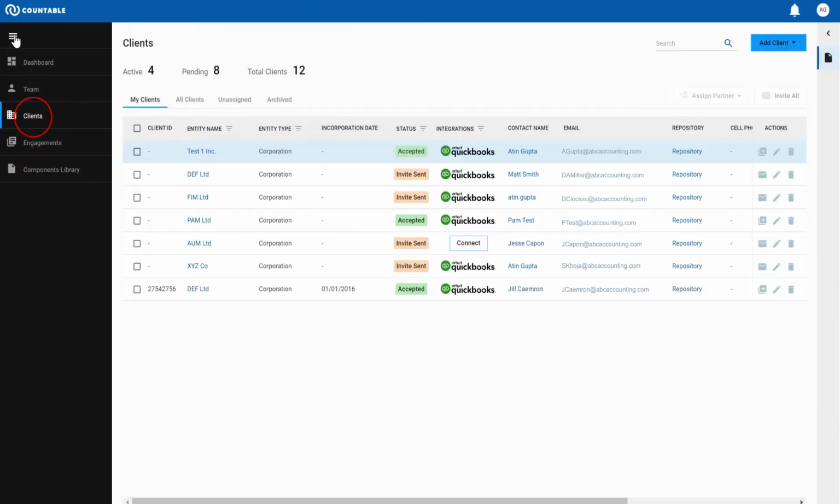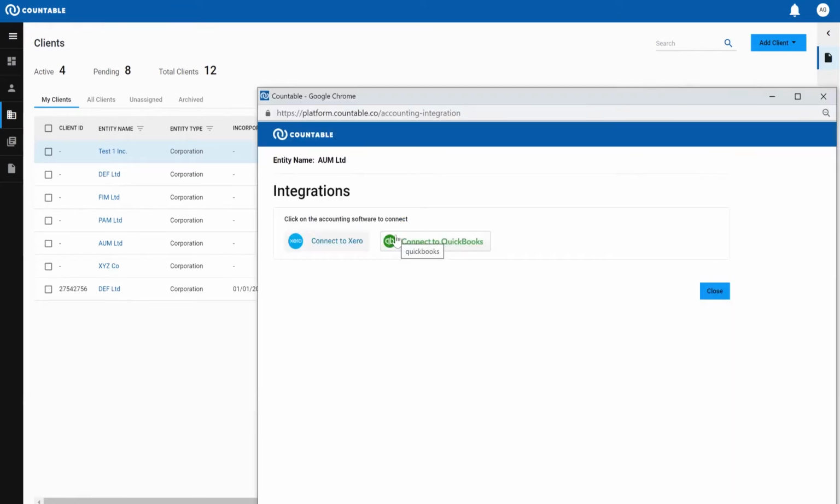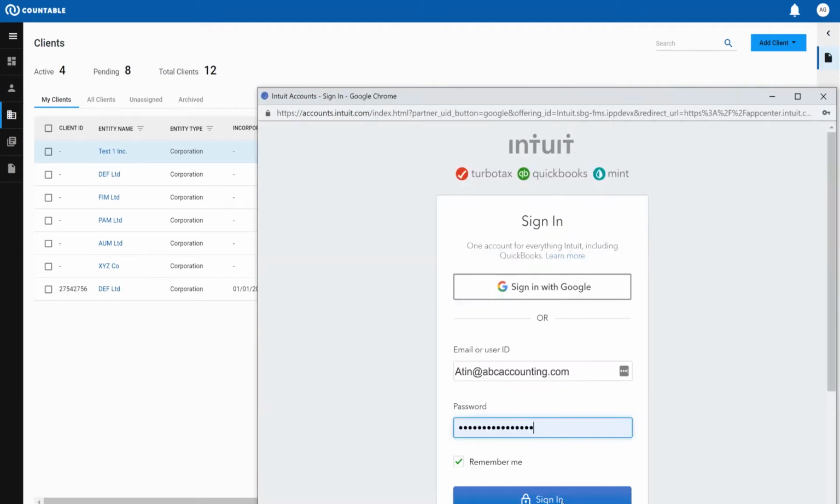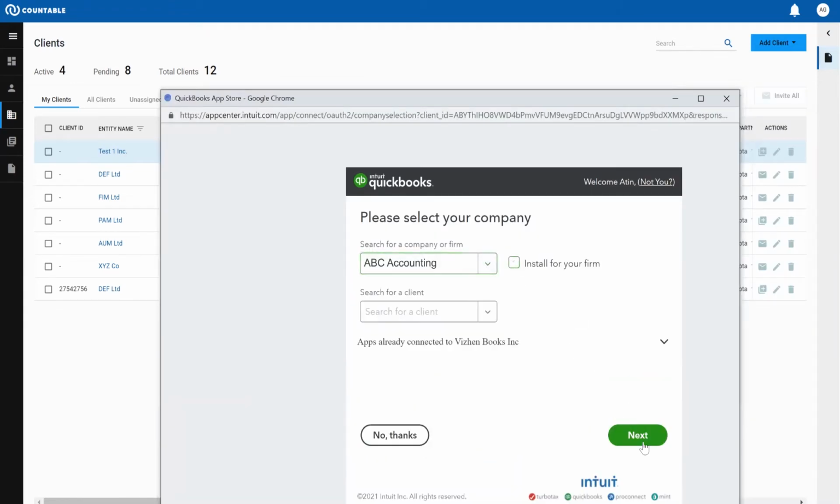To start an engagement, we'll navigate to the client section of the platform. If you're using a cloud-based accounting software, you can connect them directly to Countable. At present, QuickBooks and Xero have been integrated, so with one click, you can open the software. From here, you log into the account and just connect to QuickBooks. In this case, I'm not selecting a client, I'm just connecting with the company's books